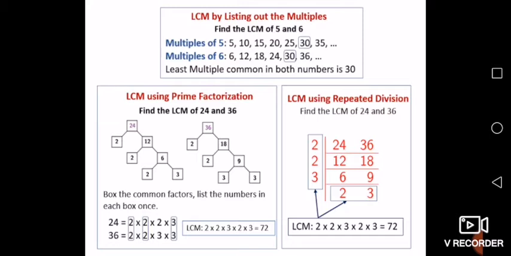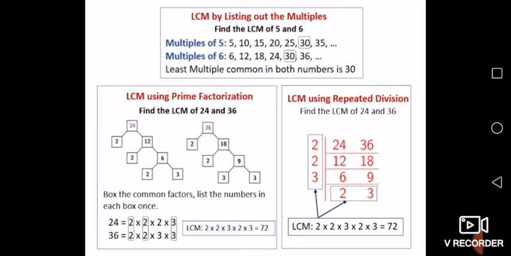is the first common multiple in both the numbers, the first or the least. The first common multiple will become the least common multiple. Now in this question you have been asked to find the LCM, so we are not going to find all the common multiples, we will find only the least common multiple among these two multiples of the given two numbers, that is 5 and 6.